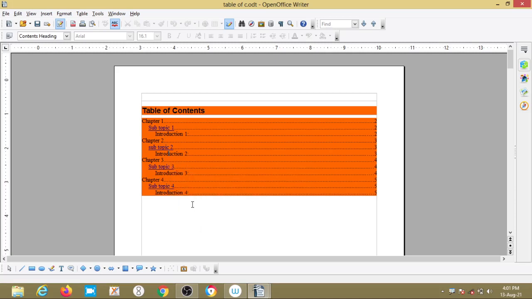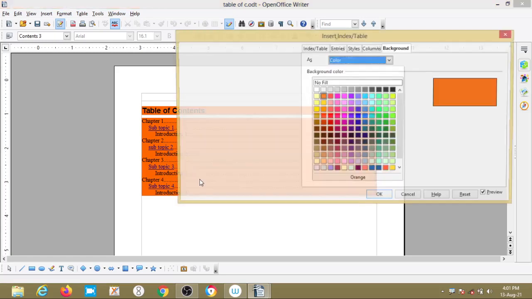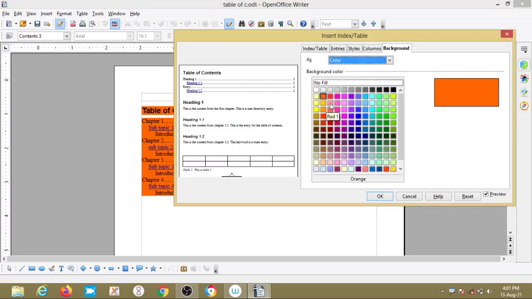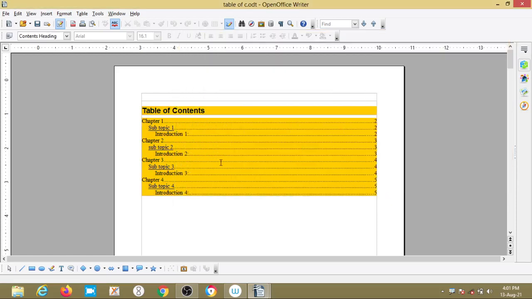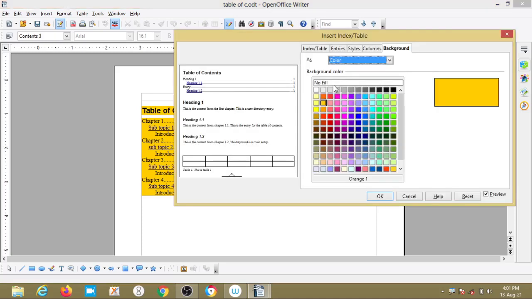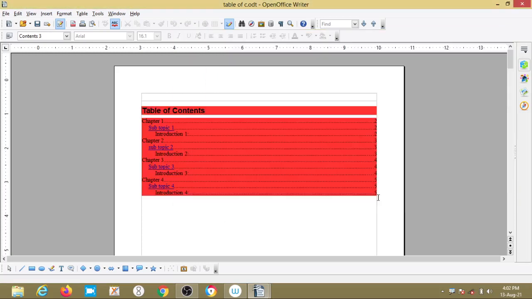because hyperlink means it interrelates between the contents. We'll try this one, red.